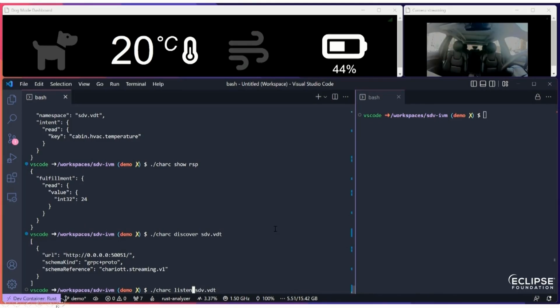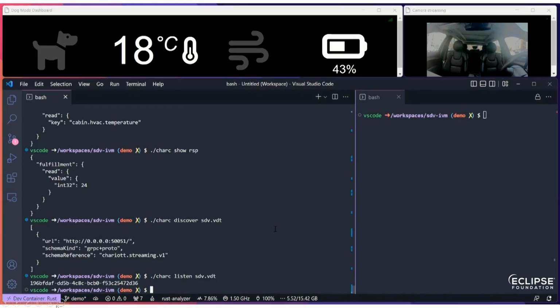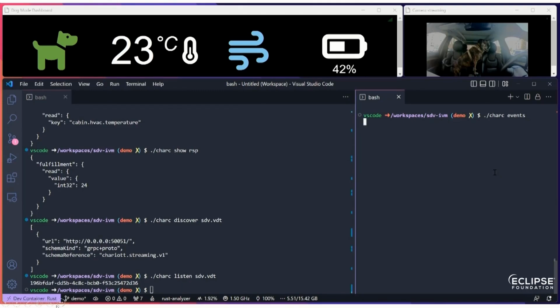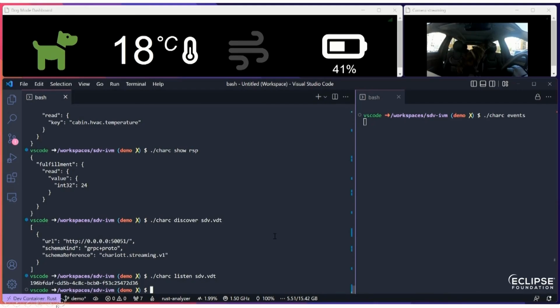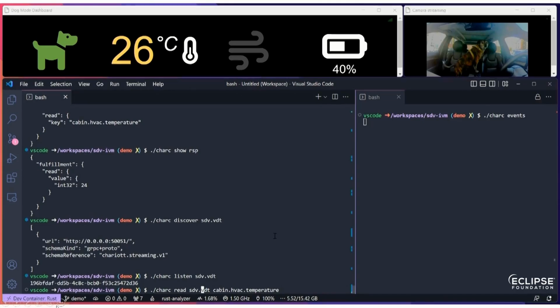So what I'm going to do next is open up that channel. We get an identifier, which is not very material for our demo. So it's listening. And in parallel, I'm going to ask the bash script to dump everything that's coming over that channel. We have a simple subcommand called events. Right now, no events are being delivered because the channel is open and the stream is there, but we haven't made any subscription. You remember that for the temperature, instead of reading it, I'm going to subscribe